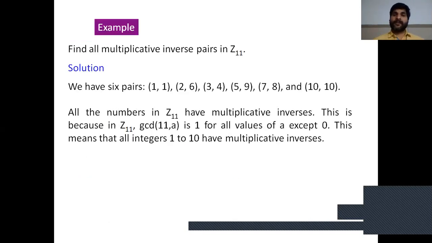Find all multiplicative inverse pairs in Z11. They are 1 and 1, 2 and 6, 3 and 4, 5 and 9, 7 and 8, and 10 and 10. All the numbers in Z11 except 0 have a multiplicative inverse. This is because in Z11, GCD of 11 and a is 1 for all values of a except 0. This means that all integers 1 to 10 have